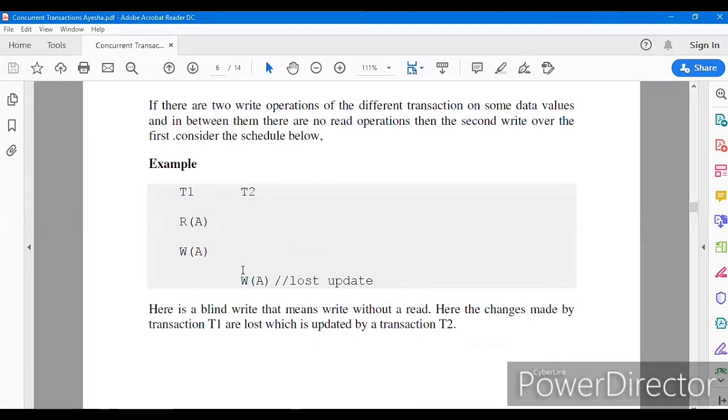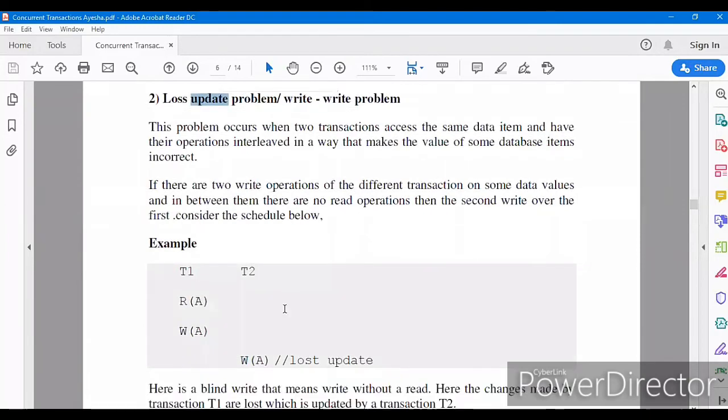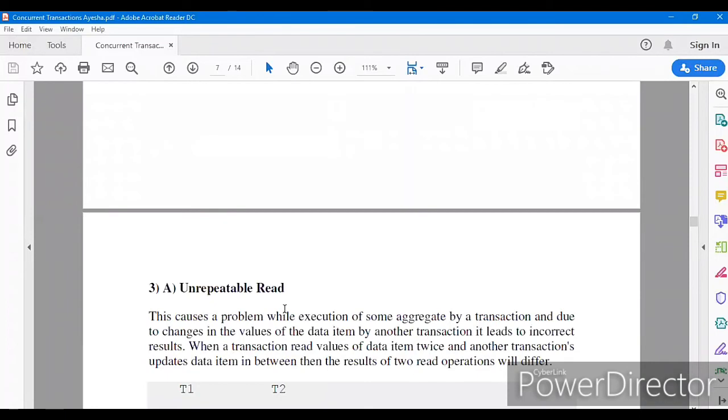If there was a system crash after this operation, since this was not committed, T2 could have assumed it as 10 and done the update. So this would have generated an incorrect result, and that is why this is called the blind write problem. This is called the lost update problem that occurs due to concurrency.